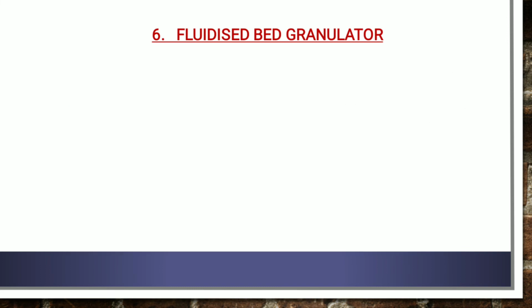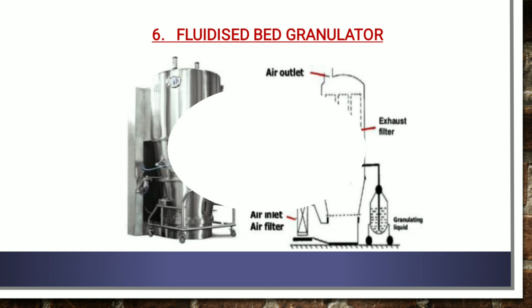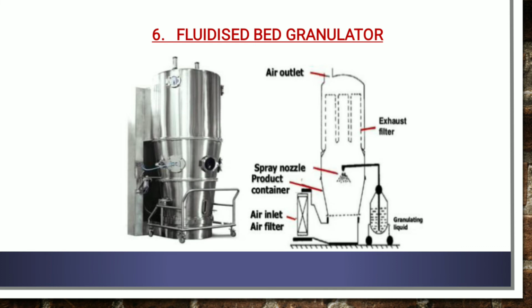The next important equipment is the fluidized bed granulator. So the powder particles are fluidized in a stream of air, whereas the granulating fluid is sprayed from a nozzle onto the bed of the powder. You can see here in the diagram. Granulating fluid is heated and pumped from a reservoir through a spray nozzle positioned over the bed of the particles. Then further, filtered air is blown or sucked through the bed of unmixed powder to fluidize the particles and mix the powder. Fluidization is actually a very efficient mixing process.